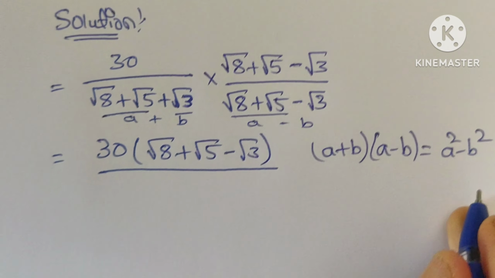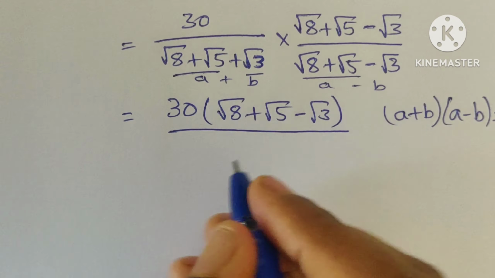So use this formula. Here we can write a square minus b square. So a square, square root of 8 plus square root of 5 whole square, minus b square, so square root of 3 whole square. So now 30 times square root of 8 plus square root of 5 minus square root of 3